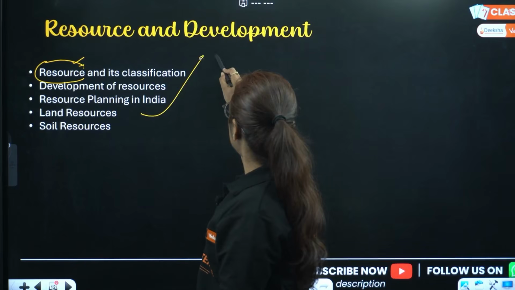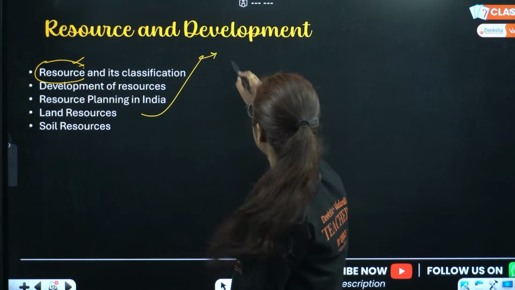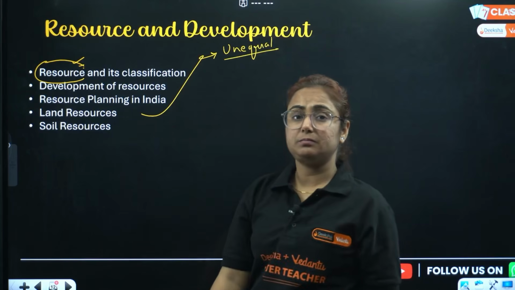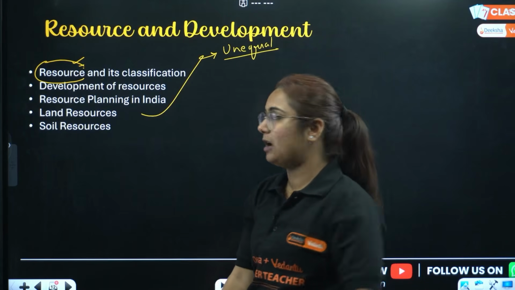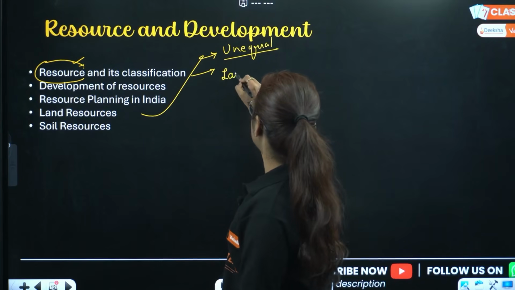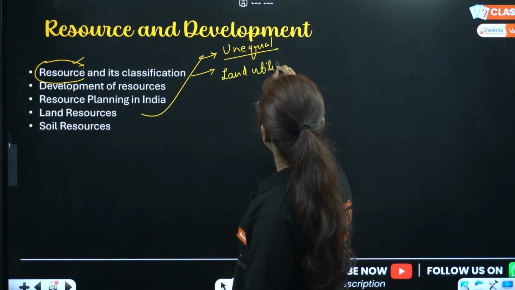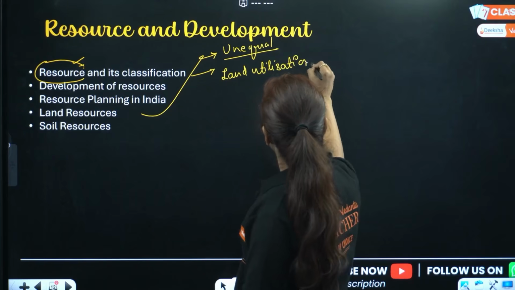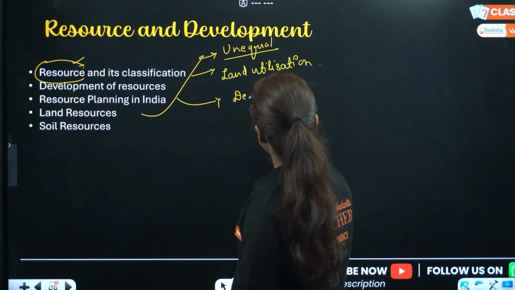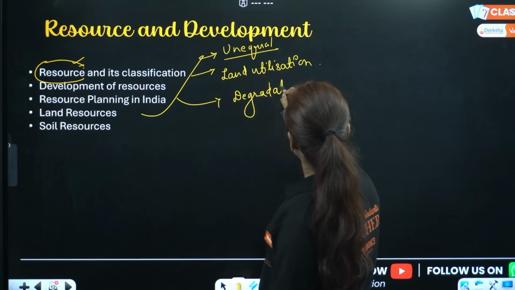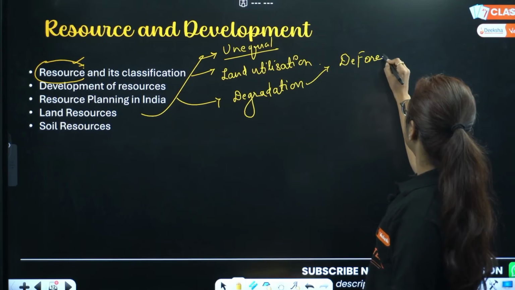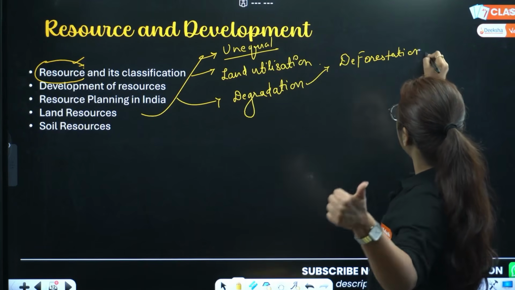Next is land resources. We are aware that there is unequal distribution of land, coming down the percentage of plains, mountains as well as plateau. Then after this, what do we have to study? Land utilization. My dear students, make a list right now. Then we will talk about land degradation. What are the ways by which land is degraded? Land is degraded by ways, not reasons, I'll say. Deforestation, the first important one.